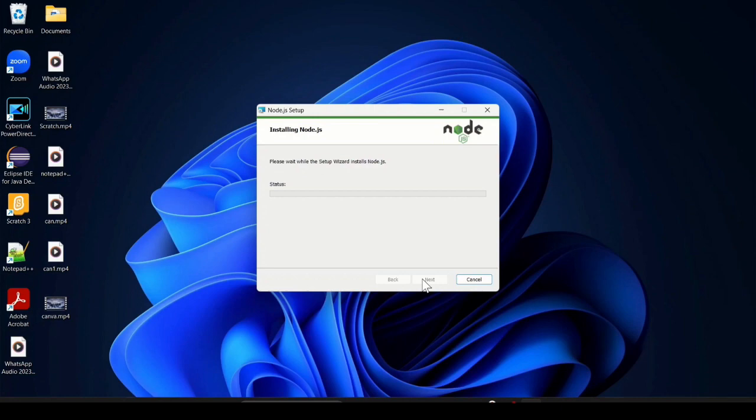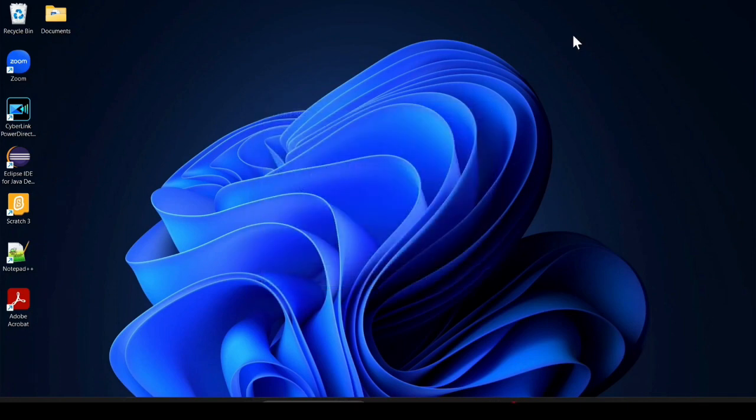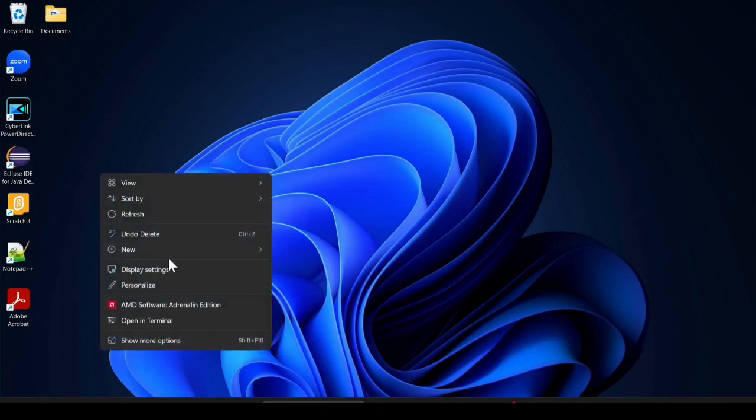Have patience. Click on yes. Here you can see our Node is successfully installed. Just click on finish. After successful installation of Node.js, you have to create a folder,